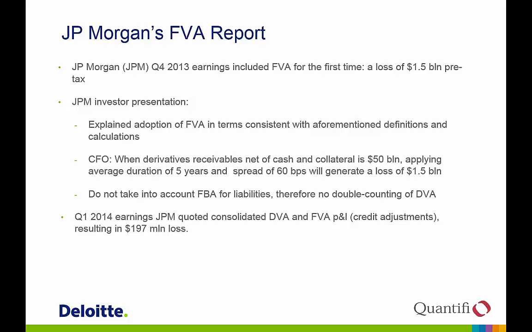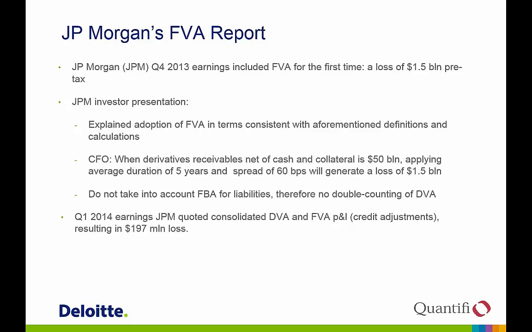And they of course mentioned DVA. One interesting thing is that, as Roman mentioned, DVA is controversial in the sense that when spread widens, DVA, which is a benefit for the bank, is growing. So banks are benefiting from their credit worsening. But FVA works in the opposite direction. When spread is growing, it's more expensive for the bank to borrow money. So FVA basically is offsetting DVA. So that was the idea for JP Morgan to start reporting FVA.